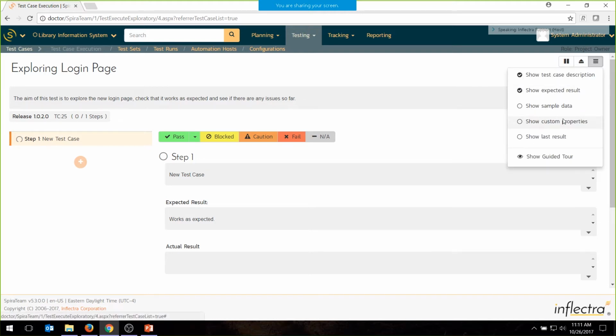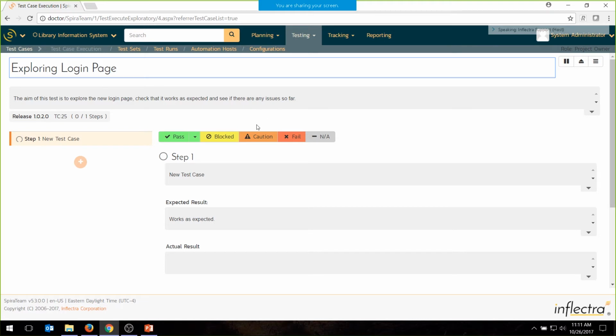And I don't really use custom properties. I can show the last result, and that can be useful if you want to run an exploratory test a second time, because maybe the developers have changed something and you would like to compare the two. So that's an option. So we come in here, and the first test step was, new test case works as expected. Now, because it's an exploratory test, we can go in and we can start actually doing the testing,